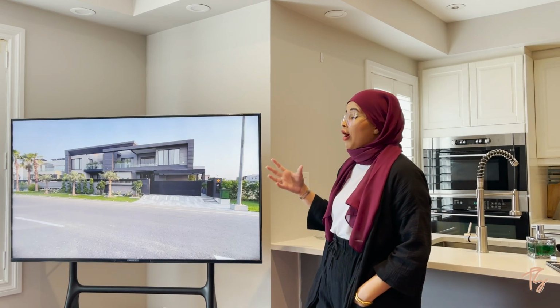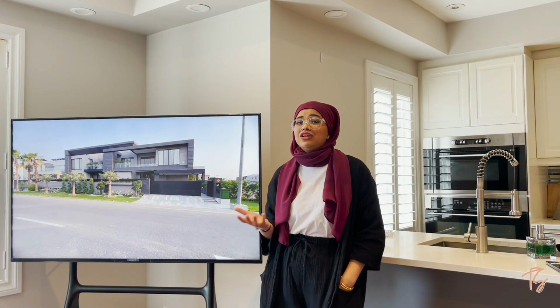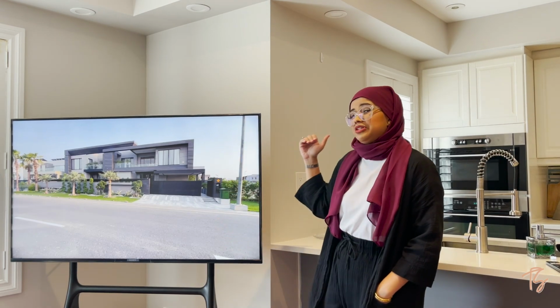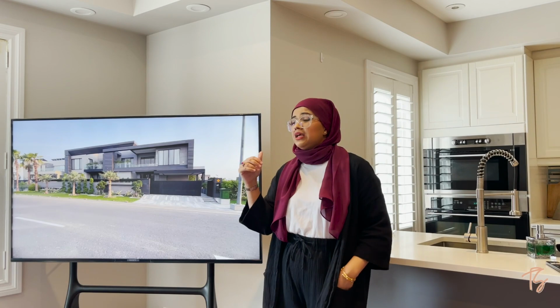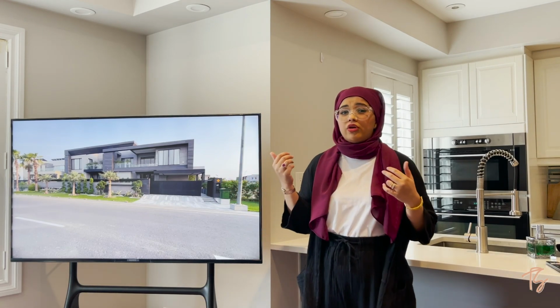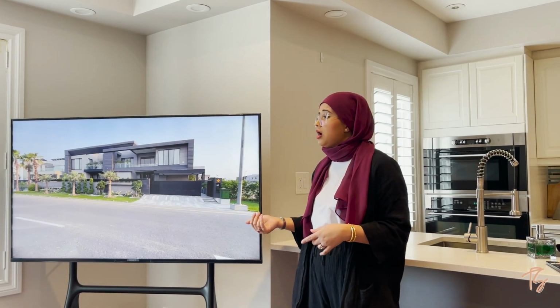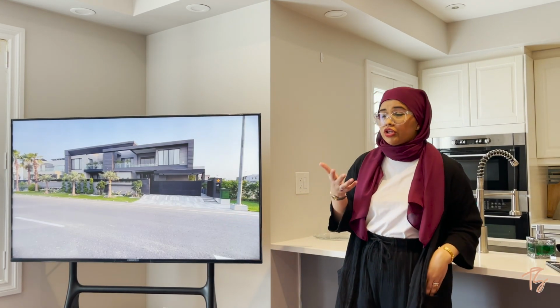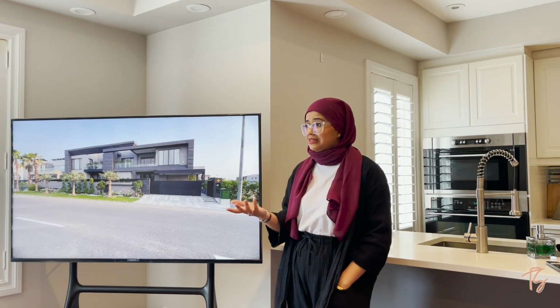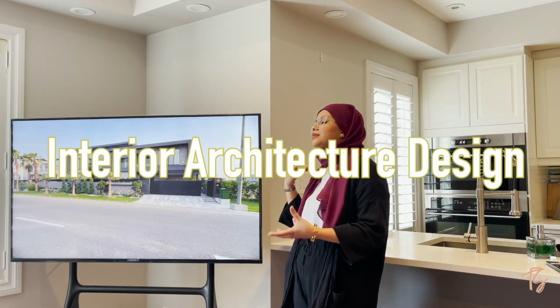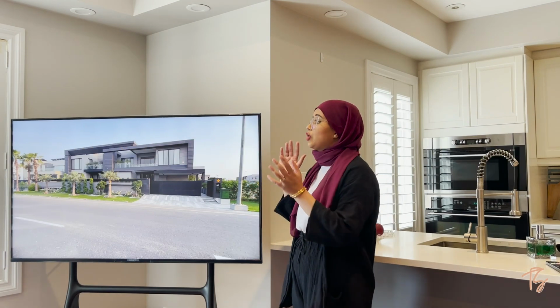you what kind of mistakes they're making, what kind of trends they're following. Are they going to be long lasting? Are the materials that they're using in these really quote unquote luxury houses, are they even worth the price that they're offering you for? The price that they're quoting their audiences for. And also just to explain some of the architectural thinking and design thinking that goes into these